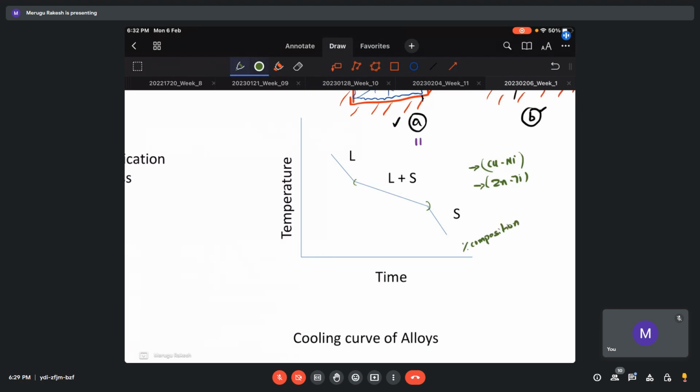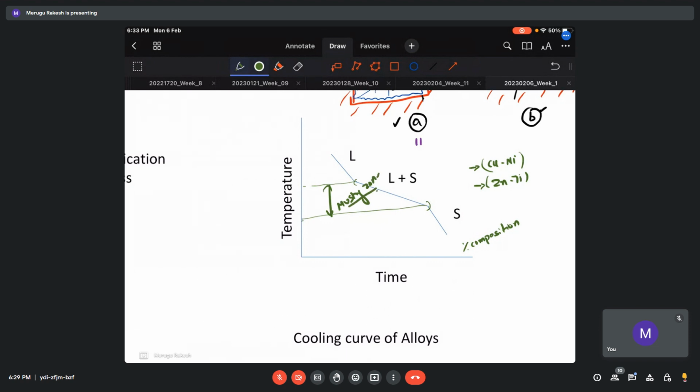And in order to construct this phase diagram, we need all such compositions combined, then only you will get these phase diagrams. So in this, during solidification, we'll get a range. Instead of a single temperature, you will get two different temperatures, from where the liquid started and the solid completely transferred to solid. So we call this the mushy zone